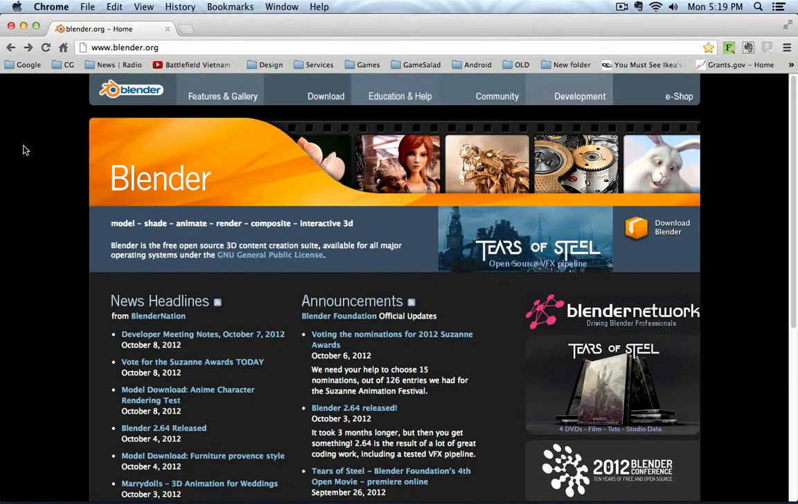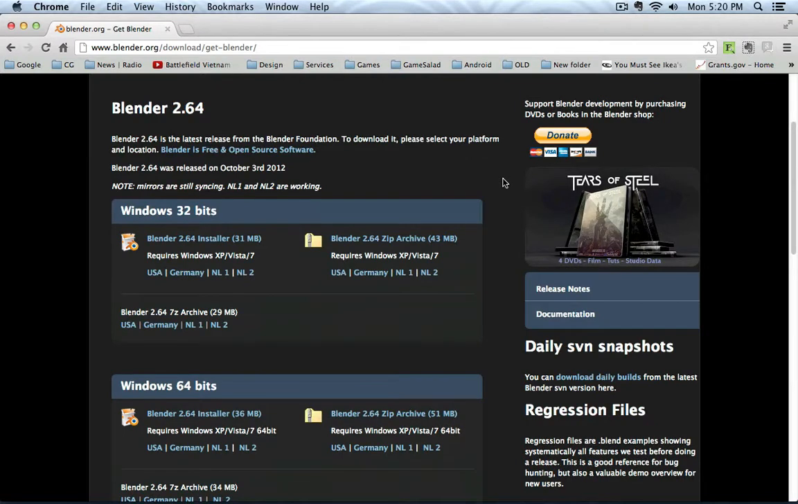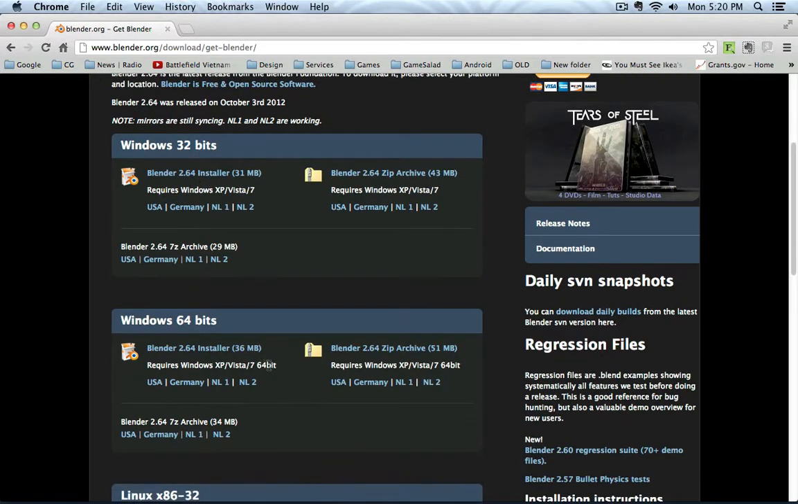Hello everybody, in case you would like to download Blender onto a PC or Mac you have at home, you can go to www.blender.org and then go to download Blender, click on it, and then based on what operating system you have, for example Windows XP 32-bit or Windows 7 64-bit, you can download the correct version by clicking on maybe the different